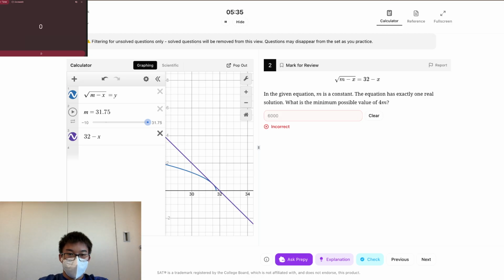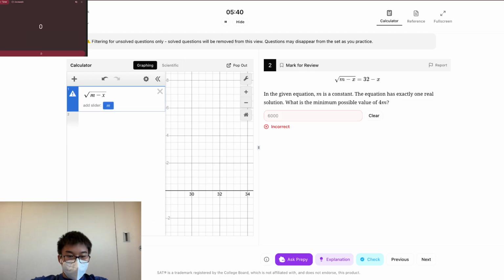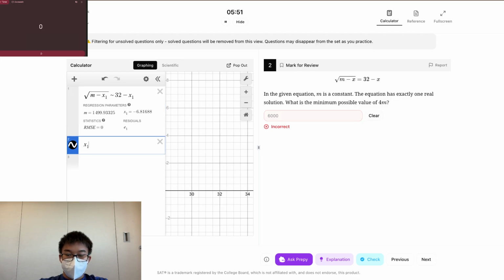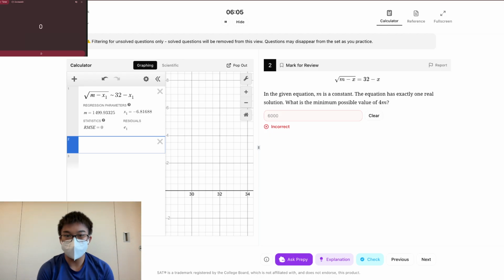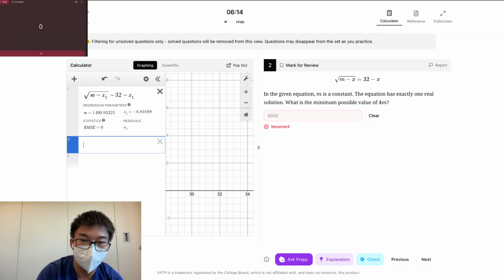Okay, so you plug in a variable for x, and you have x1 equal to 1, 2, 3, 4, 5, something like that. I guess I'll solve this later too. But pretty much you get a point where you get to that solution, and then you get that solution, which is